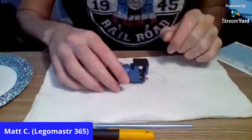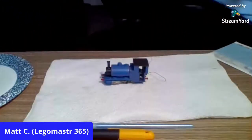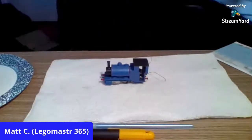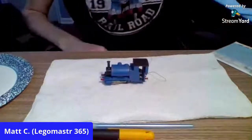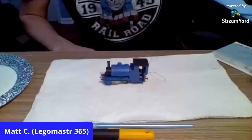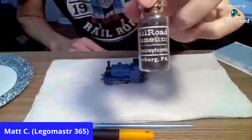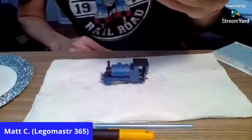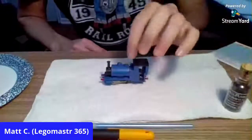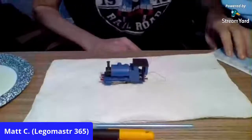Scarloey. I just had an idea for the coal. Pretty interesting. Because many years ago, in my first trip to Strasburg Railroad, Pennsylvania, I went to the Railroad Museum, obviously right across the street. And I got a little thing of real coal from the Railroad Museum because they just sold it in jars. So I think I can just get a hammer, break it up, throw it in here, and glue it down. We're not going to do that today, though, because we have two things lined up,